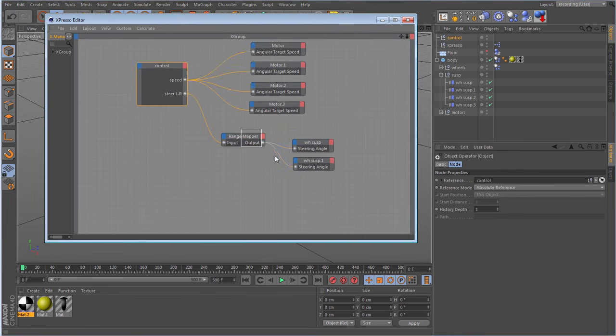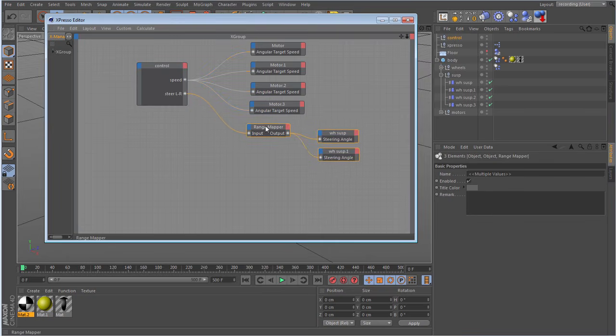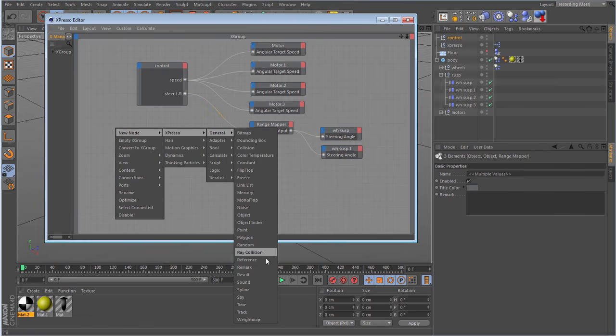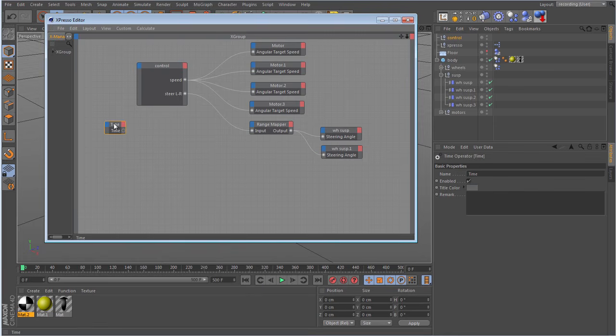Okay, now I want to know what frame we're on first of all. That's the first little problem. How do I know when I'm on frame 1, 2, 3, etc.? The way you find out what frame you're on is to go under General, and right down here we've got something called Time. Now this time node, by default, gives you the time in seconds of your animation. So say when you're on 90 frames, this would give us a value of 3 seconds. I don't want time, I want frames. So I'm going to right click and delete that.